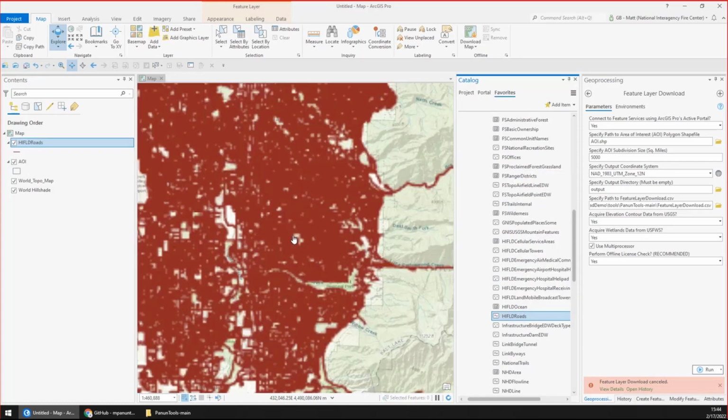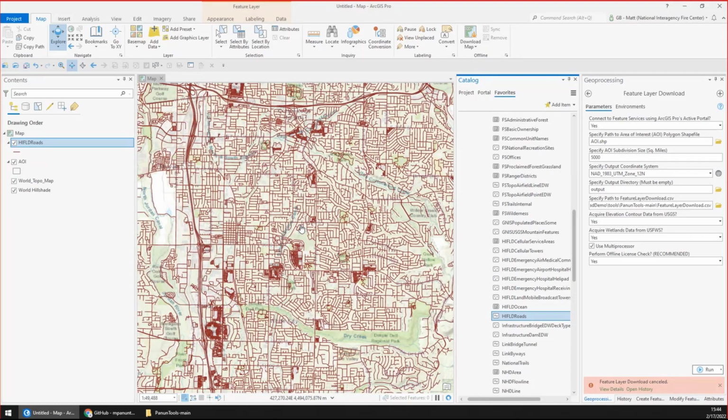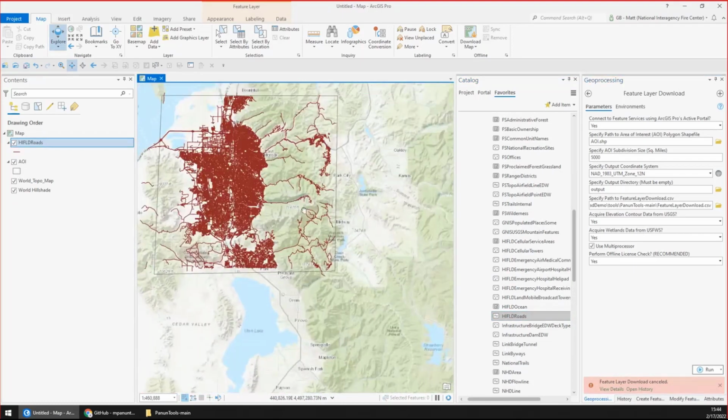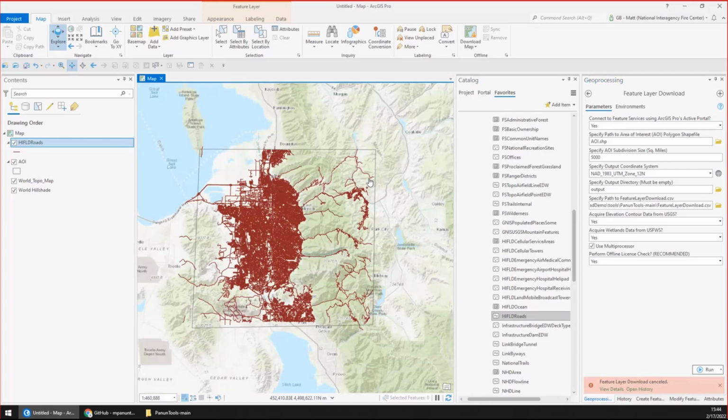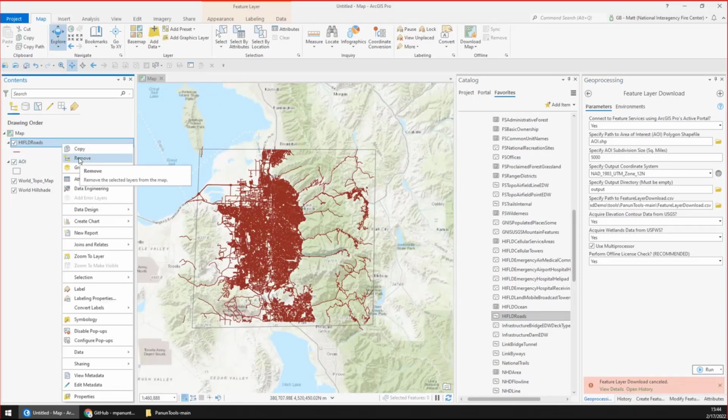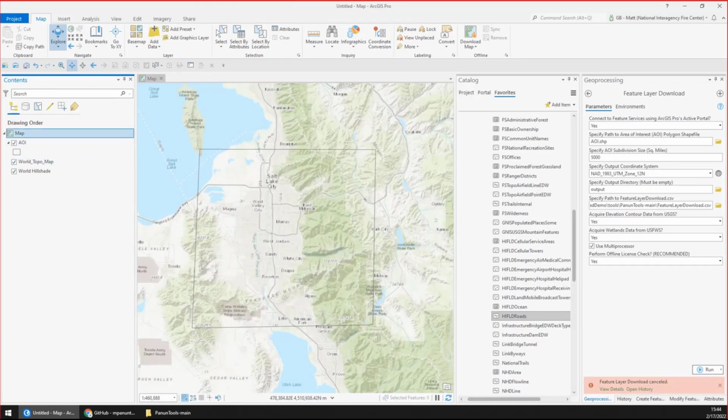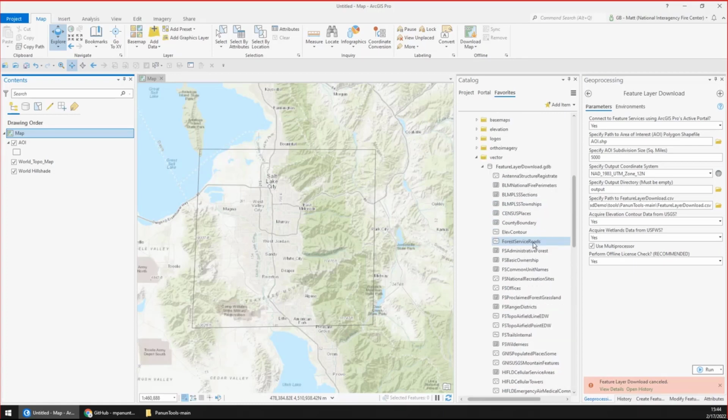And we can see that this is a pretty high density data set, but these are all the roads for my area of interest. You can see it includes everything inside that box. The problem is that the symbology is not what we need it to be to reproduce the US Forest Service National Base Map. So that's the next step. We need to apply the layer files that we have available to us to all these feature classes in order to create that base map.